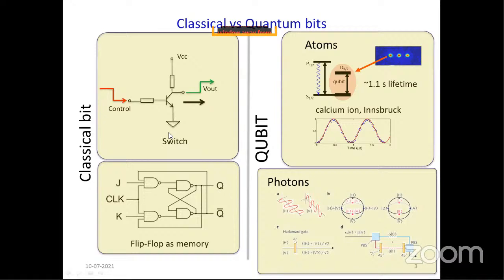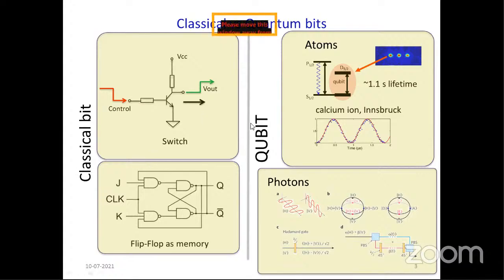So a classical bit is basically a logical 0 or logical 1 state, which is defined by certain voltage levels in your circuit, and you play with those voltage levels and then use memories like flip-flops, which are the basic building block of a memory, to store your classical bit, the voltage level high or low, and start building up memories and registers and arithmetic processors, and then build up larger things, for example a CPU, which goes into a computer, or many other smaller devices, microcontrollers, etc., which go into all these IoT devices and even your simple phones.